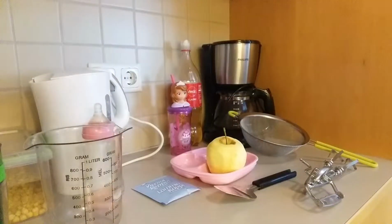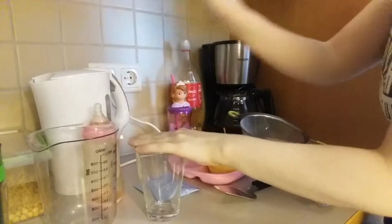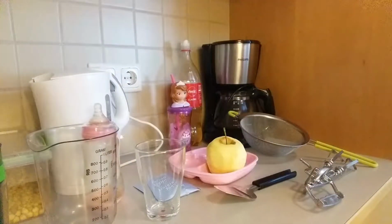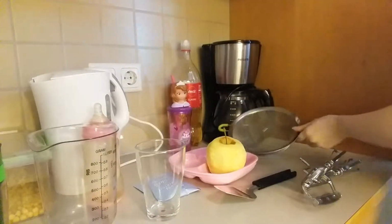Damn it, I needed a cup. Forgot about the cup. Aside from this cup, I have pretty much everything I need. Now this is loud, but that's okay, because so am I. Okay. Now,